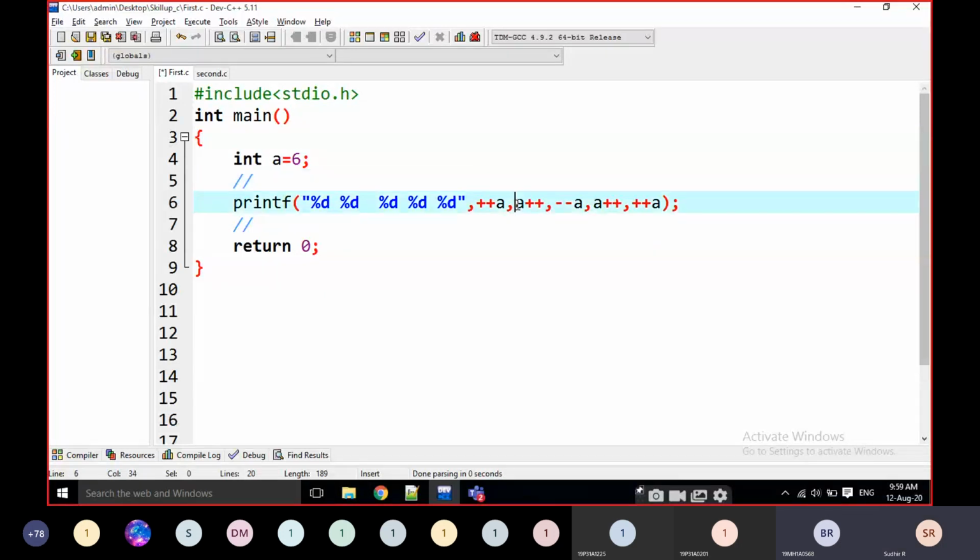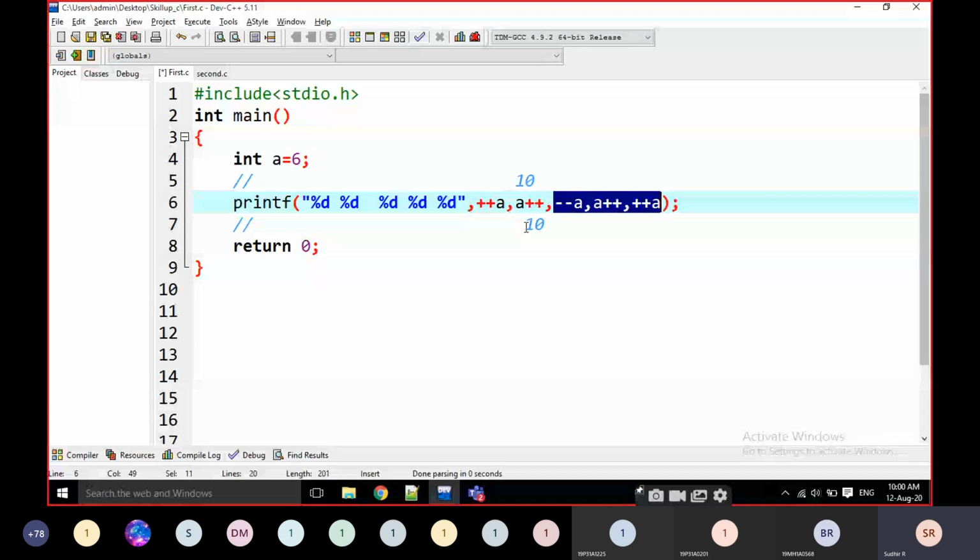For example, if I am modifying here, A becomes, for example, 10. At this position, the A value is 10. Then it is going to print 10, and A becomes 11. Why? Because it is a post increment, right? Then I have to check the values before.